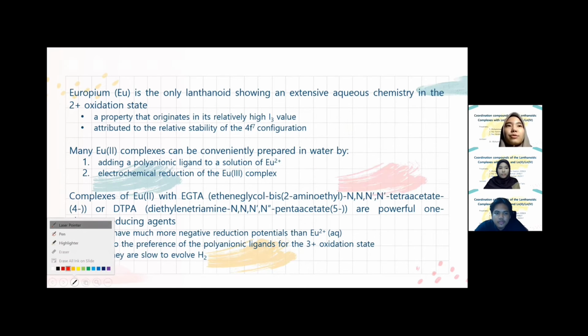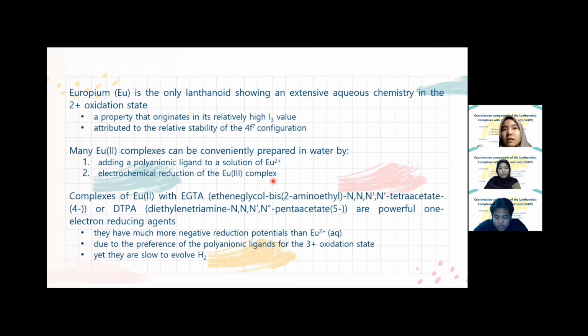Europium, with the symbol Eu here, is the only lanthanoid showing an extensive aqueous chemistry in the 2+ oxidation state, whereby it has a property that originates in its relatively high I3 value, attributed to the relative stability of the 4f7 configuration. Many Eu2+ complexes can be conveniently prepared in water by adding a polyanionic ligand to a solution that consists of Eu2+ ions, or through chemical reduction of the